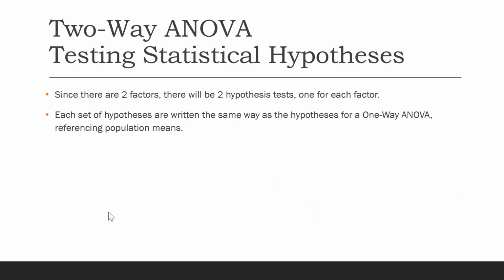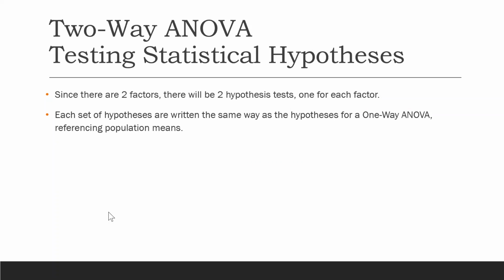So, what types of statistical hypotheses are we going to use, right? Well, so far, I've identified that we have two factors in this study. When we had a one-way ANOVA, we had one factor. That means we had one hypothesis test, one test statistic, one p-value, all of that stuff with one factor. When we have a two-way ANOVA, we have two factors. So we're going to actually be conducting two hypothesis tests at least